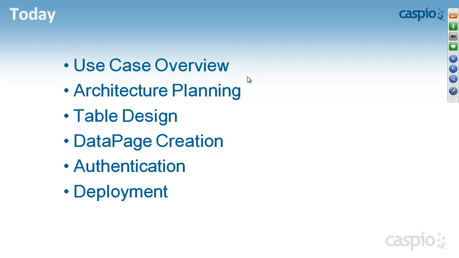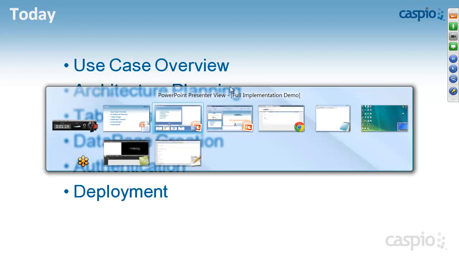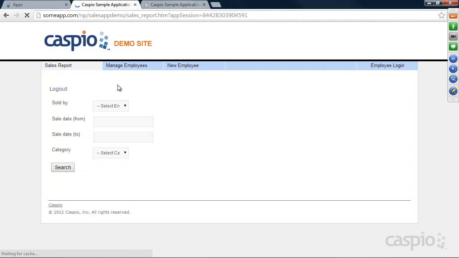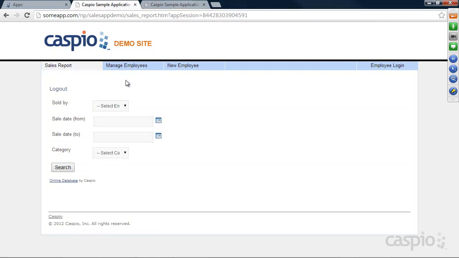Let me show you first what we're building today. I'm going to give you a live example. Here's my template, and we're going to log in as the manager first. Once a manager logs in, he or she is able to sort all the sales based on who sold. So we have two employees. And before I show you the sales report, one thing you can do as a manager is add an